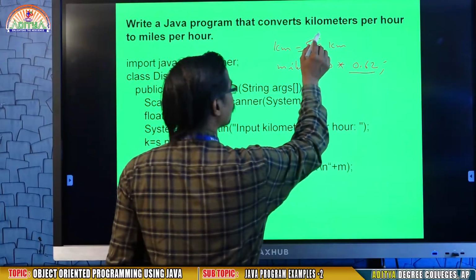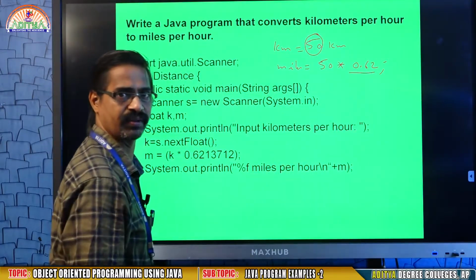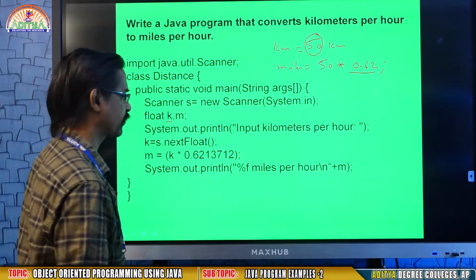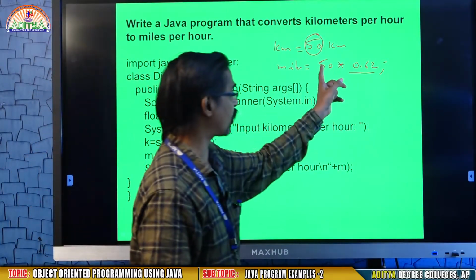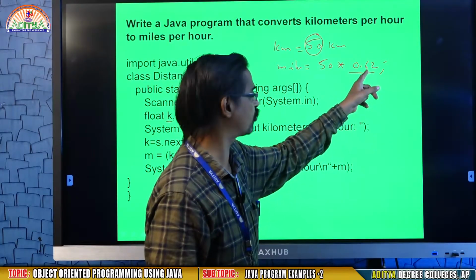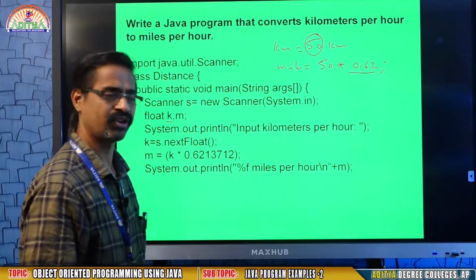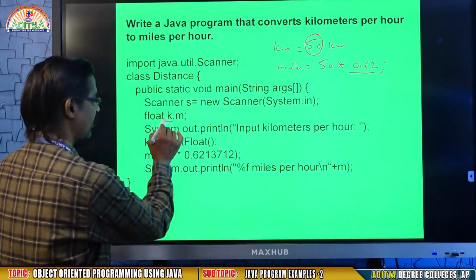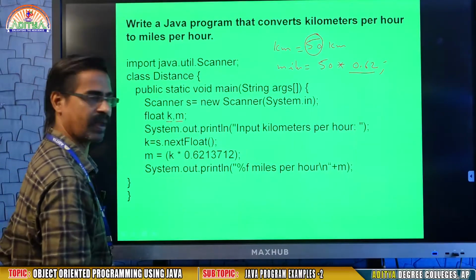That means here you are going to read your kilometers. So that's why I defined a variable kilometers, because here you are multiplying the kilometers into 0.62. Here 0.62 is a double number, so definitely you get the answer in fraction. So that's why I defined kilometers and miles as float.